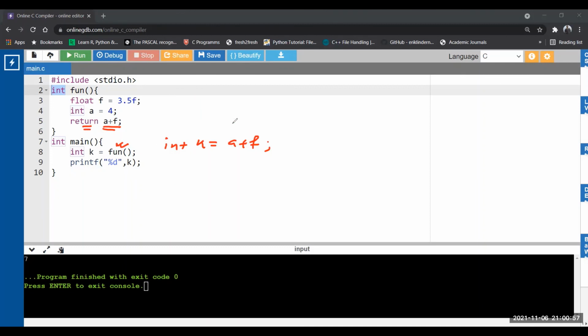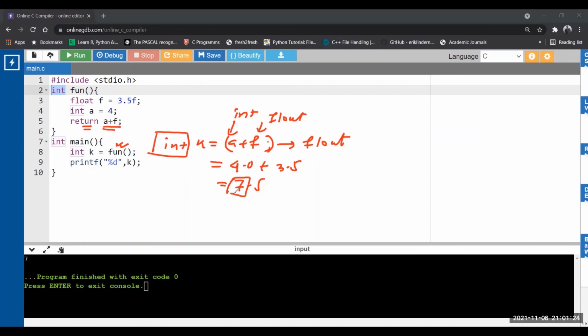So what is the type of a? The type of a is integer in the function. What is the type of f? Float. So what is the outcome of this expression? It will become float type, promoted to the higher data type. So a will be converted to float first, then added with the value 3.5. So what do we get now? 7.5. But we are assigning it to an integer. So what will happen?